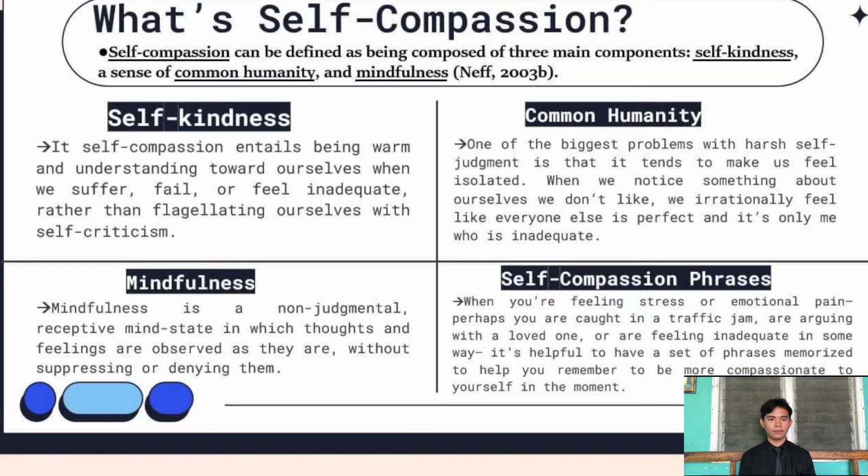Moreover, self-compassion is also defined as being composed of three main components, which are self-kindness, a sense of common humanity, and mindfulness. Self-kindness. Self-kindness is exactly what it sounds like, being kind to yourself. It entails being warm and understanding towards ourselves when we suffer, fail, or feel inadequate, rather than flagellating ourselves with